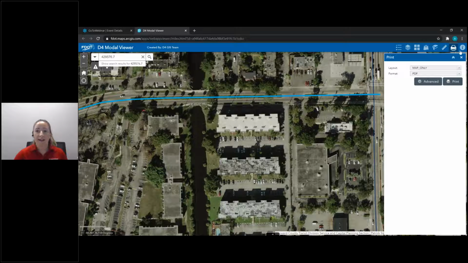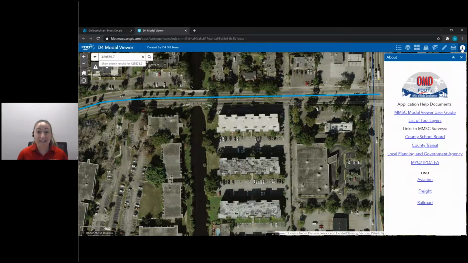And then we've talked about and referenced, since the start of this presentation, the multimodal scoping checklist. So what the heck is that? And we haven't even shown you what that is. So we've told you all the tools that we're expecting our stakeholders to use when responding to these multimodal scoping checklists. And as we pointed out, each checklist and each agency is built specifically to gather the information